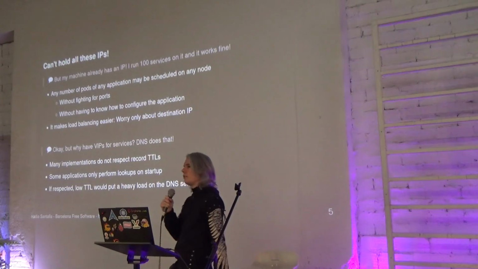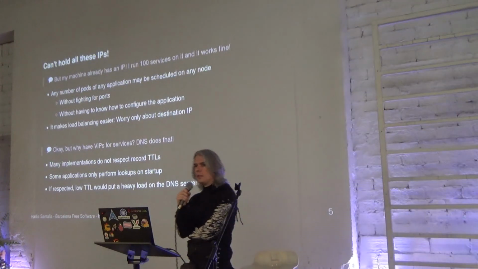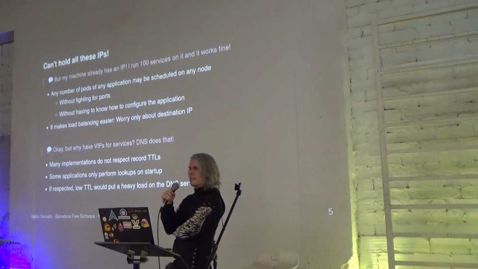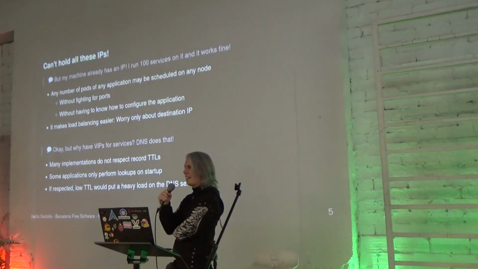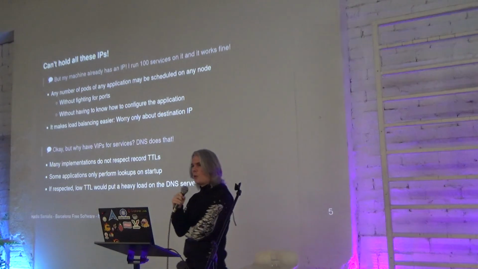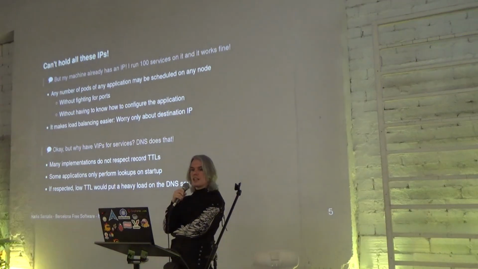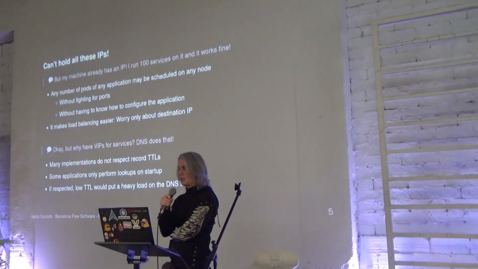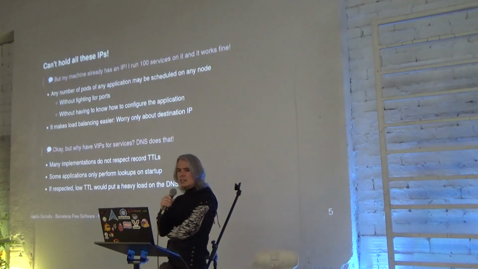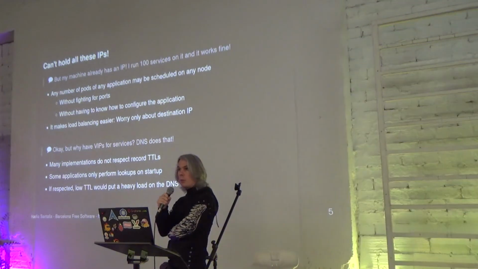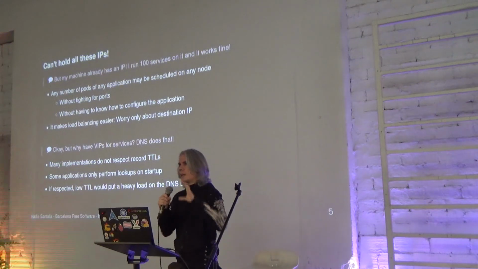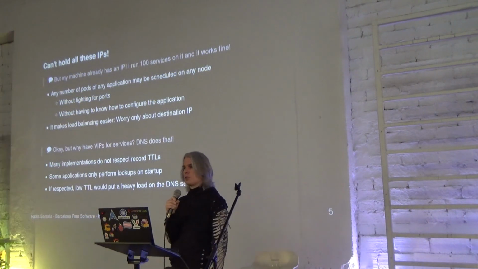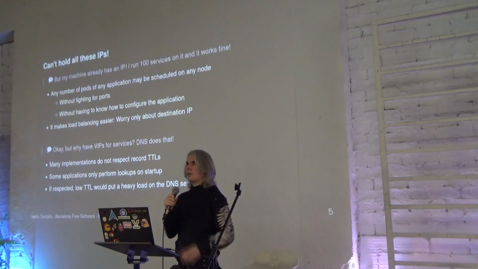Cool. So I've talked about how pods have IPs and services have IPs, and you may be wondering why. Why so many IPs? Is there really a need for this? You know, I have a single machine and I run 100 services on my machine and it works perfectly. Well, yes, and that's perfectly fine. The reason that pods have IPs stems, or rather distills, naturally from the assumptions and the use cases